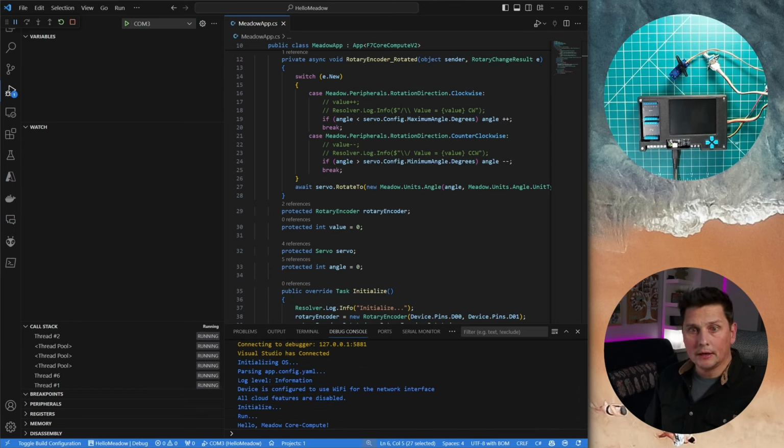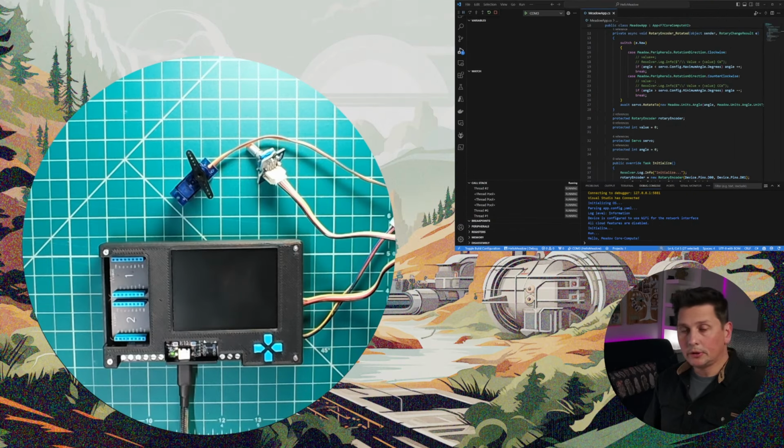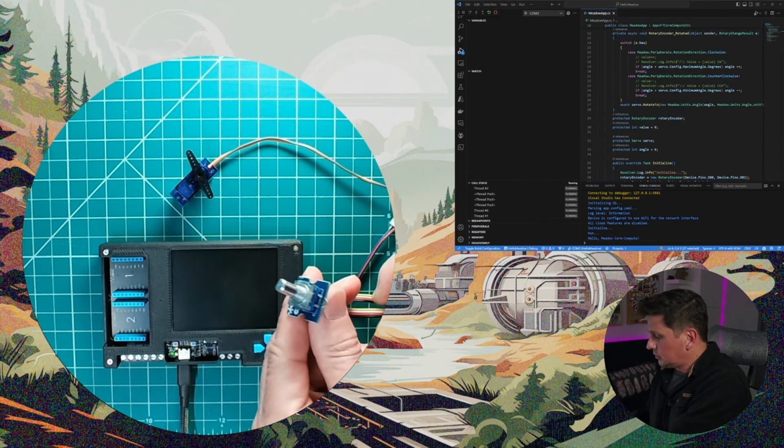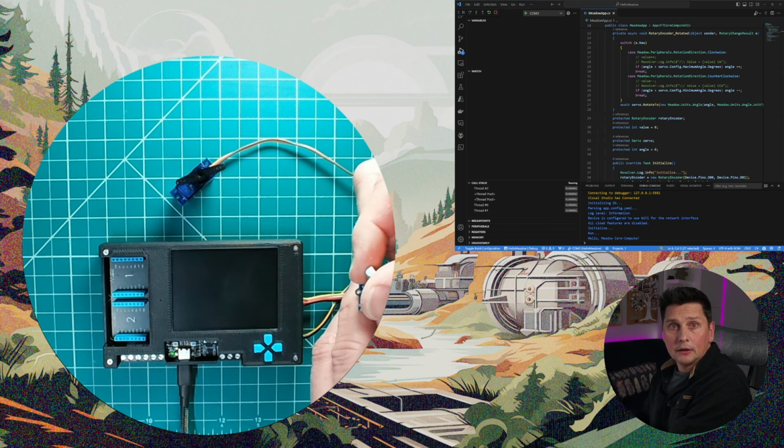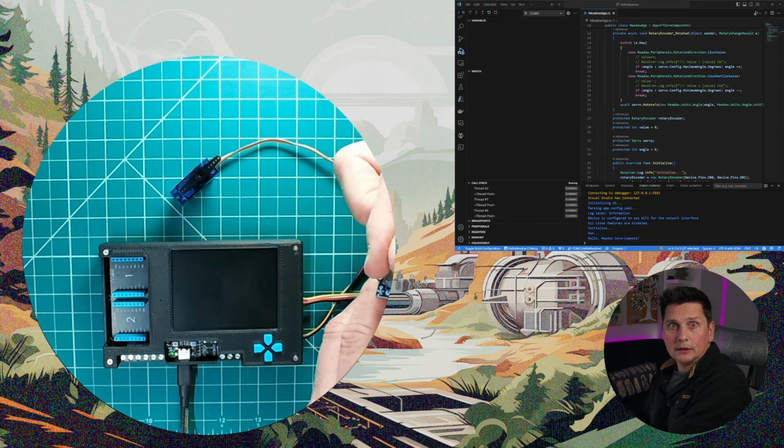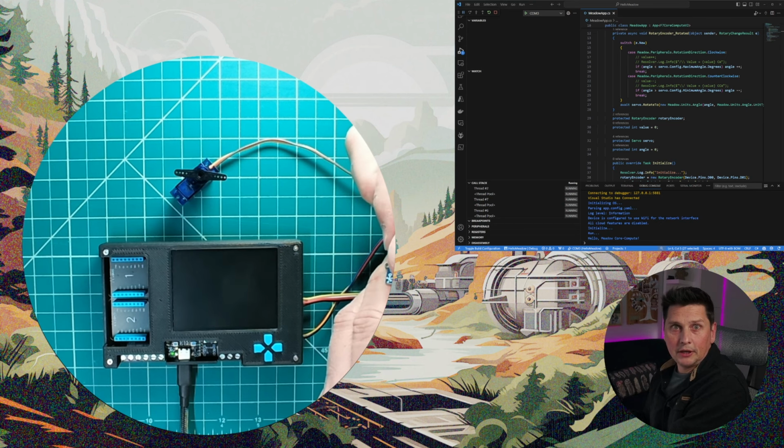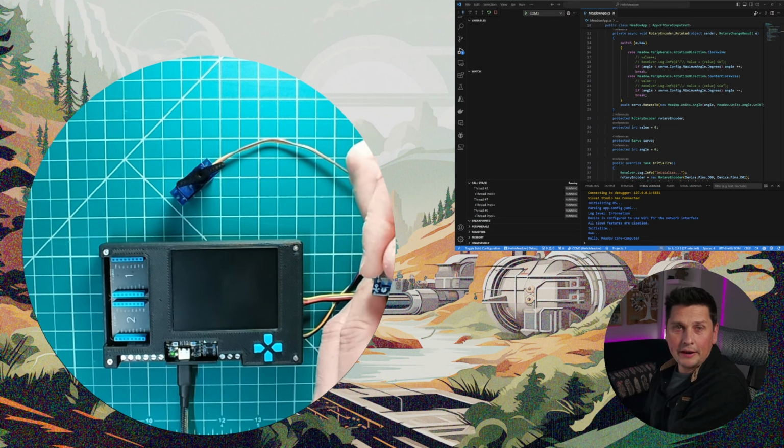Okay, the app is on. I'm gonna show you a bit close up here so you can see what's going on. Hopefully when I turn this guy, oh, look at that. I can control the servo using my encoder. And if I go all the way to the max, it stops turning, go back, and it goes the other way around. Gosh, I still know how to code like that.